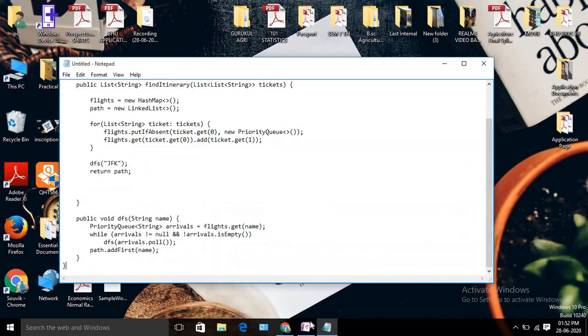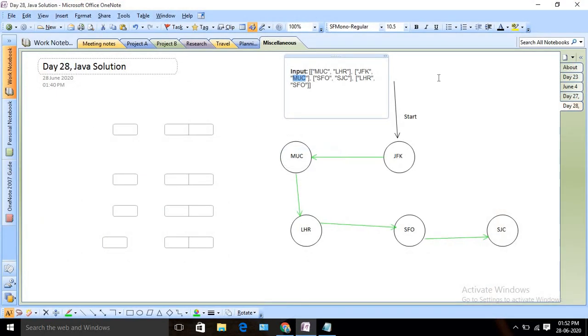So if you check my example, we need to traverse this graph, right? One of the popular algorithms for graph traversal is DFS, depth first search. We will start from a location, in this case JFK, and go until the depth or the end. Then we need to backtrack, because in some scenarios from SFO we can go to another location also. So we need to backtrack and check whether any connection is left with another node. If it is left, then I need to start traversing from there. This is how we can solve this problem, right?